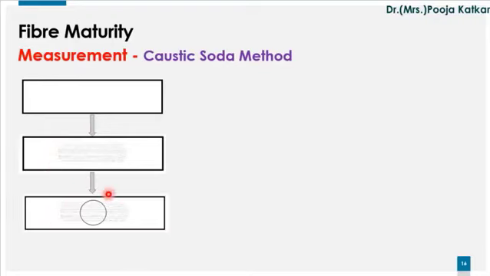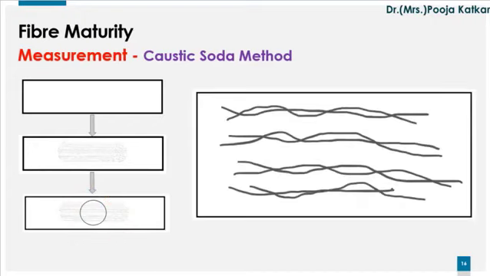Place a cover slip over the fibers, and now if you observe these fibers under the microscope, you will be getting convoluted structure for all the fibers, and therefore if you just observe the fibers through the microscope, it is not at all possible to distinguish between the mature fibers and immature fibers. Hence, in this case, we are going to take help of caustic soda to distinguish the fibers based on the